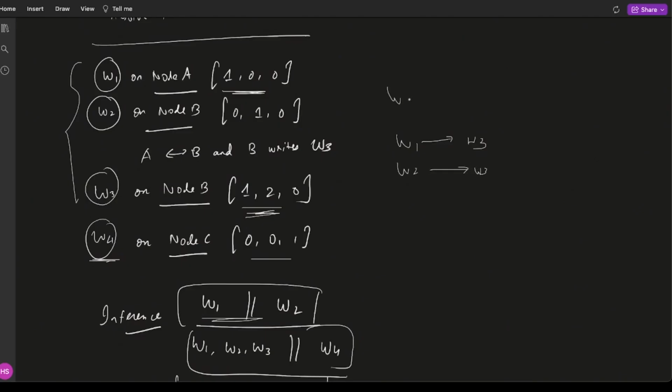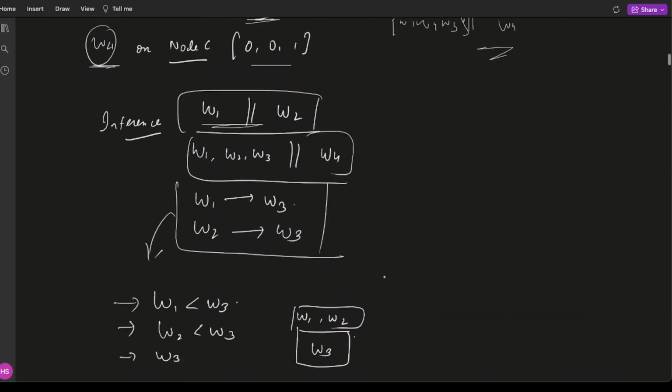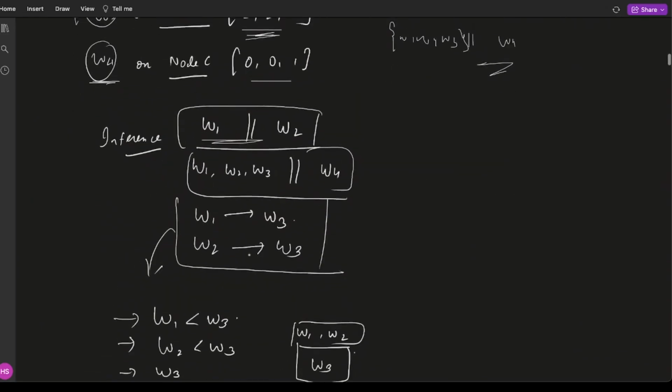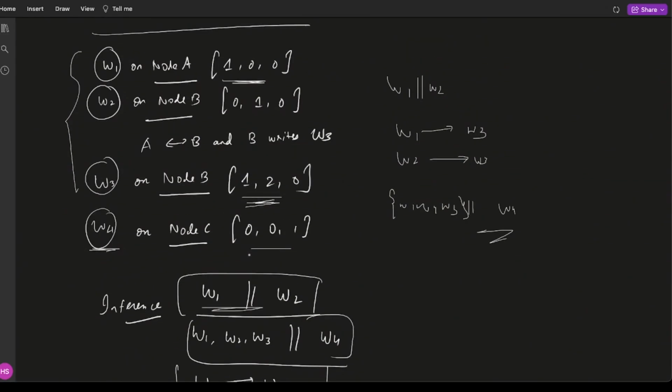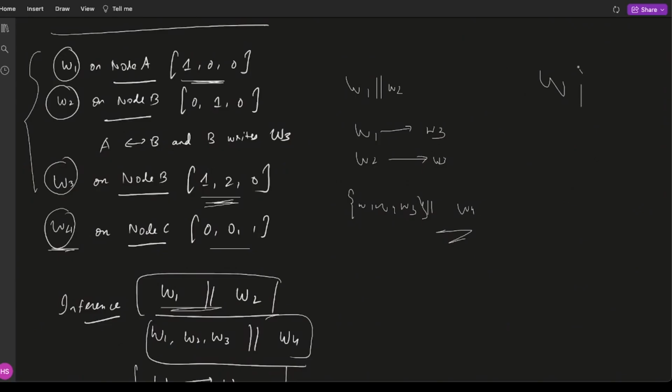We also know that W2 will also determine W3. And we know that W1 is concurrent to W2. And W4 is totally oblivious to everything. So W1, W2, W3 are totally concurrent to W4 that happen independently. Now, if I were to generate an ordering for these events, I know that I could place W1 first, then I could place W3 over